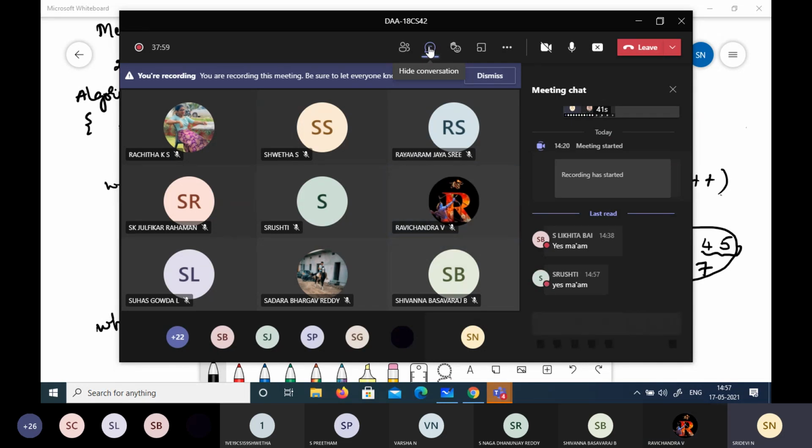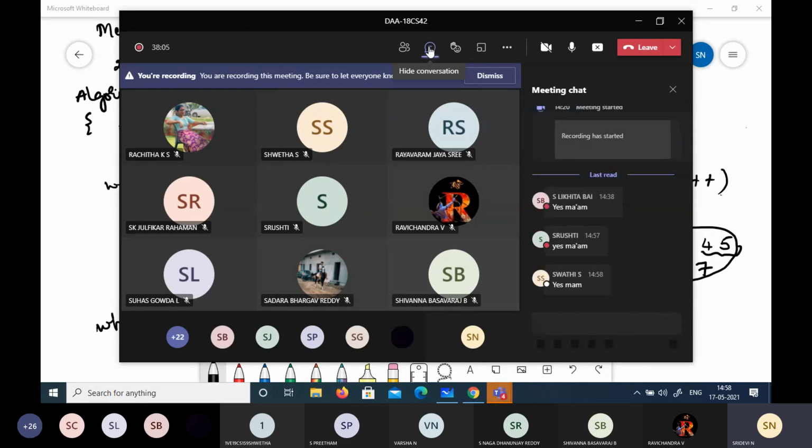Okay, Ravichandra. Srishti. Rakesh partly understood. Okay. Then others, if 5 or 6 understand, is that fine? Okay, Mabrindo understood. Varsha. Vanya is not there.